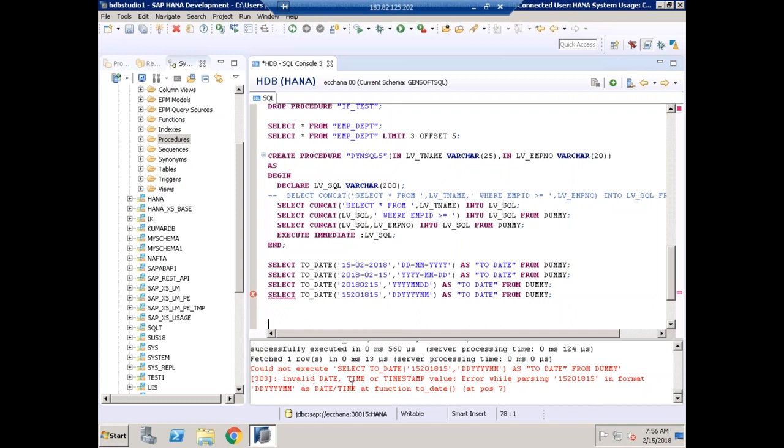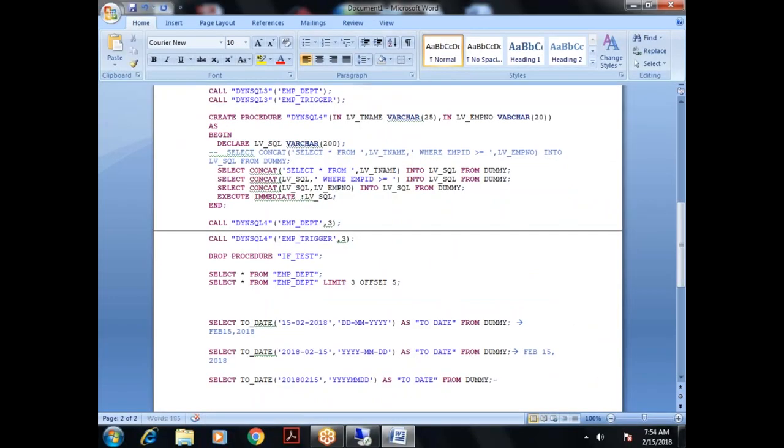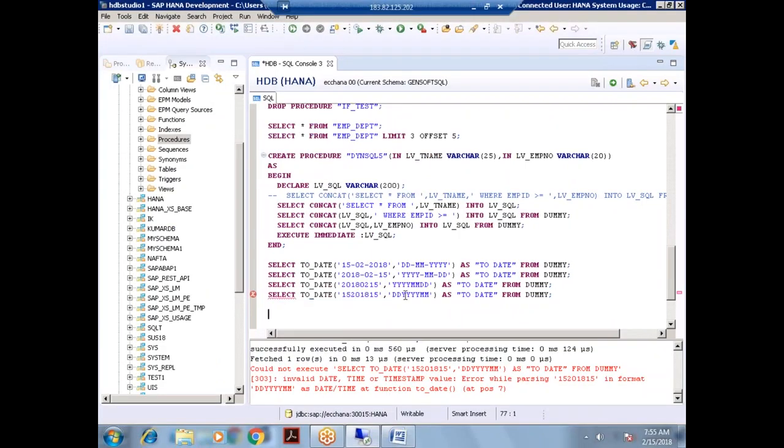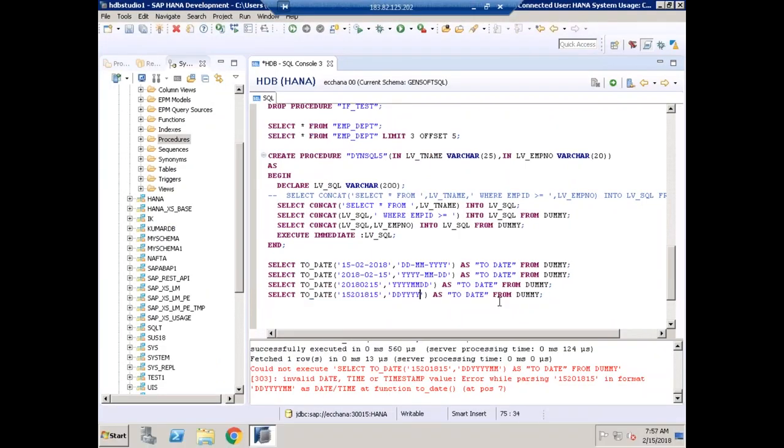Invalid date, time or stamp value error while parsing in the format for the to_date function. Month cannot be 15. Okay, so let me just copy it for our reference. So this is giving me an error. So what is the correction I need to do here? Month, dd, year, and month. Here it should be